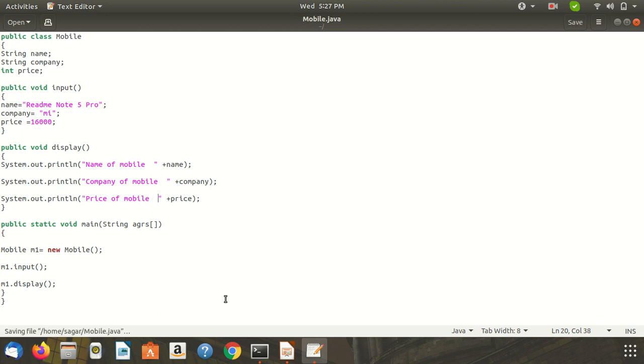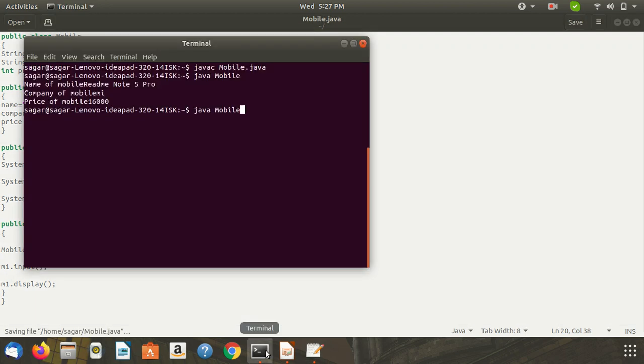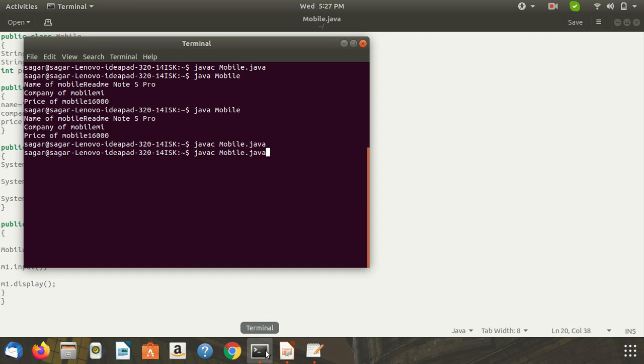Save the changes, compile the program and run the program. So the name of the mobile is Redmi Note 5 Pro, company is MI and price is 16,000.